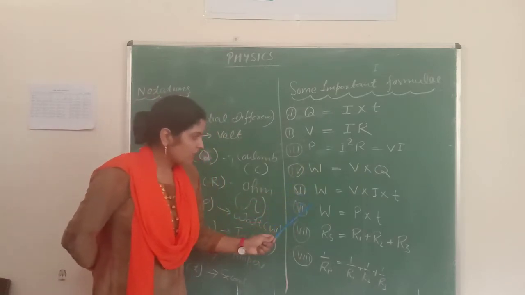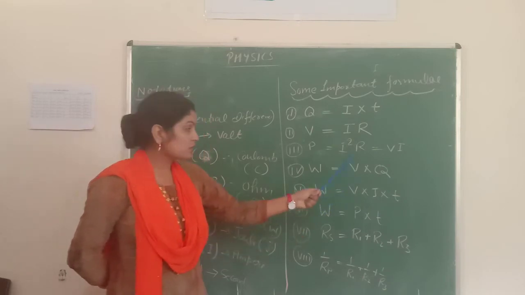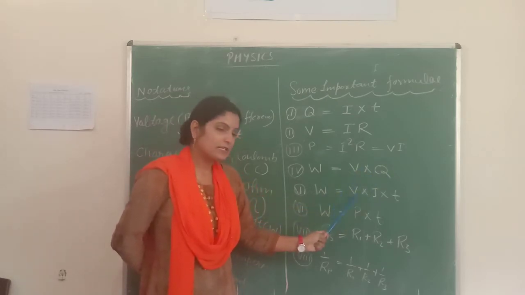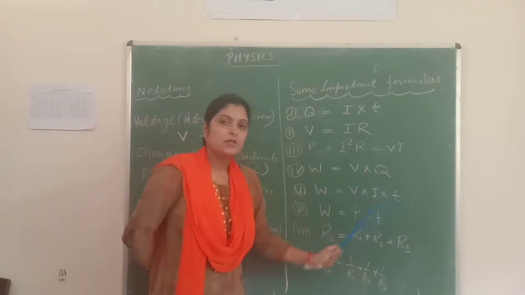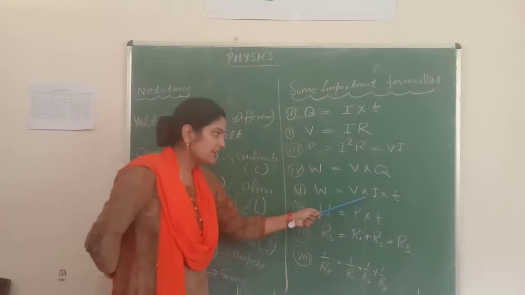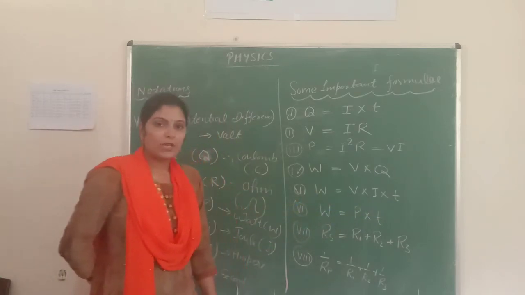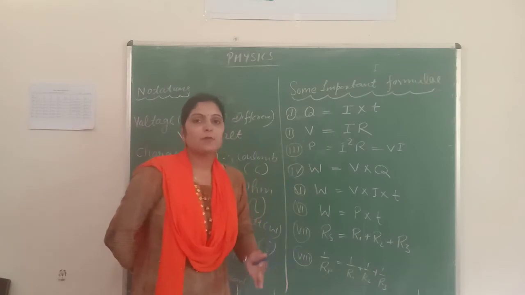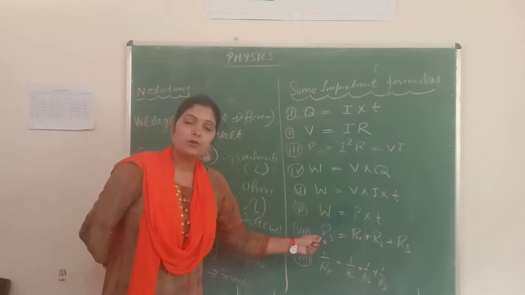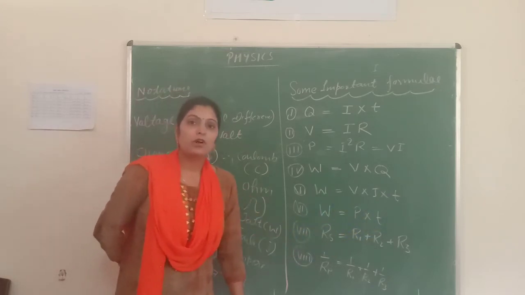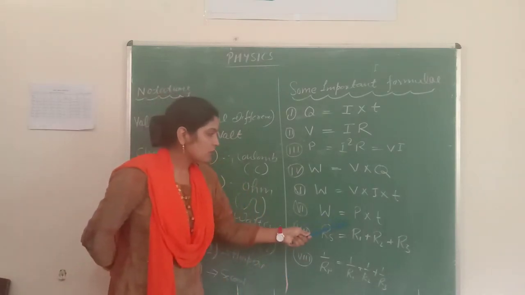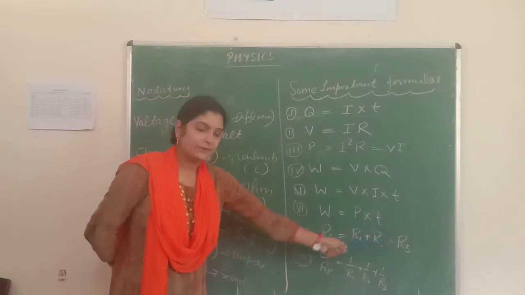Okay. Next, the fifth one is work done is equal to. Now students, only this formula we have transformed into this form: V into Q, V as it is, and Q is equal to IT. So the formula for work is VIT, because sometimes you will get this as an input and you need to calculate work done. Whatever formula you apply totally depends upon the input of your questions, that is, what is given to you. Next, work done is also equal to power into time. Here sometimes they use the word energy, electrical energy. Work or energy, both are the same thing. So work is equal to power into time.